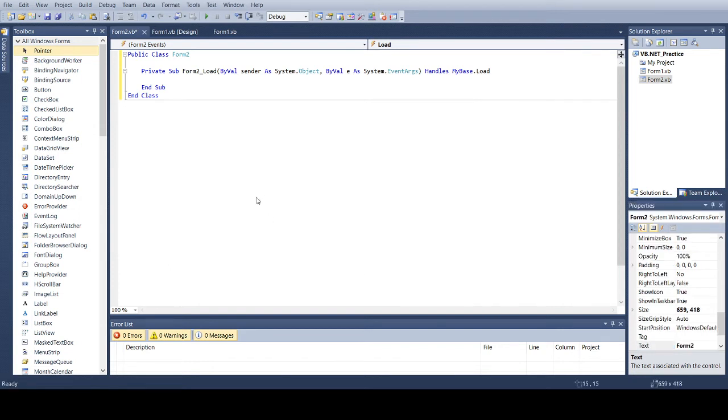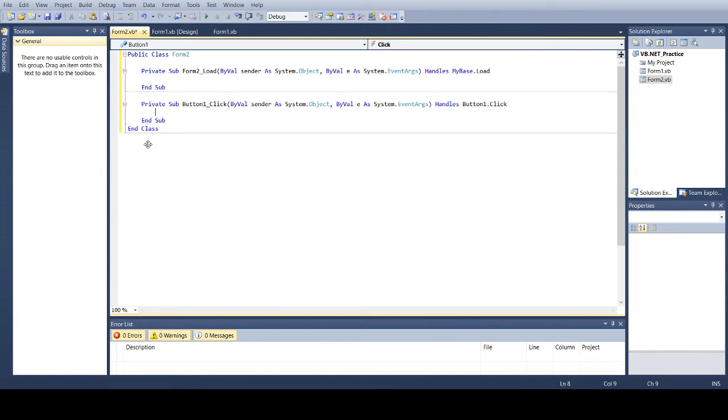Now, whenever you click on a particular button or form, the default event of that particular tool will be available. So if I click on this particular button, I will get Button1's click event.